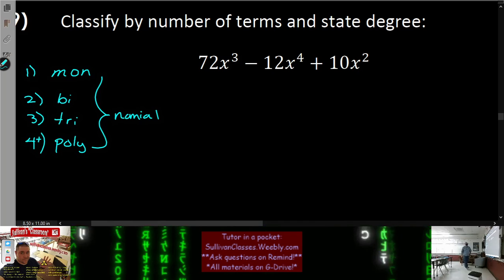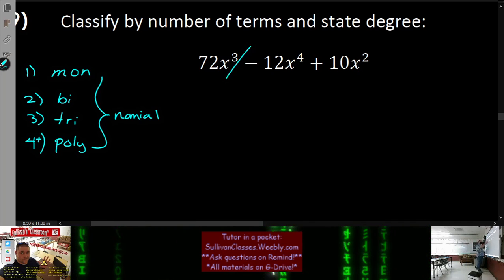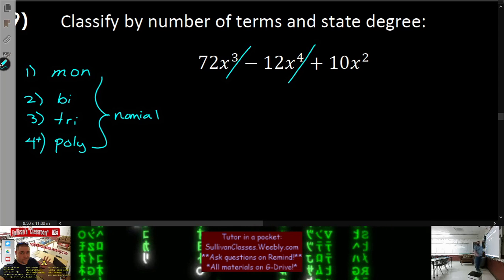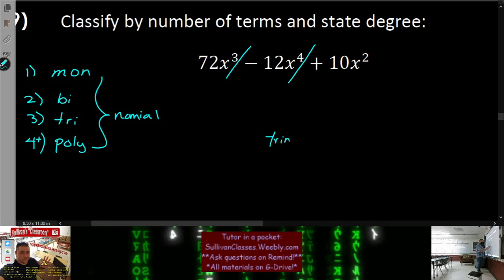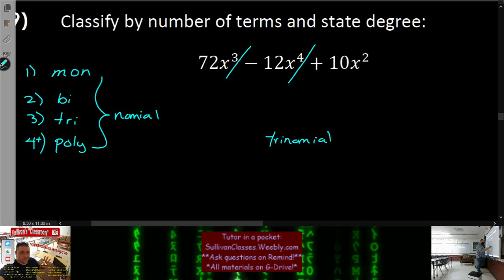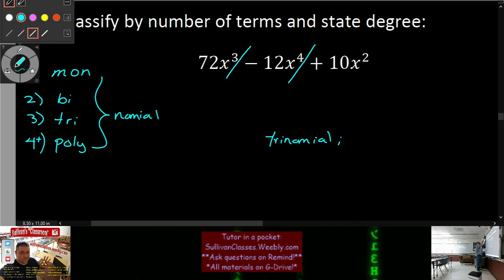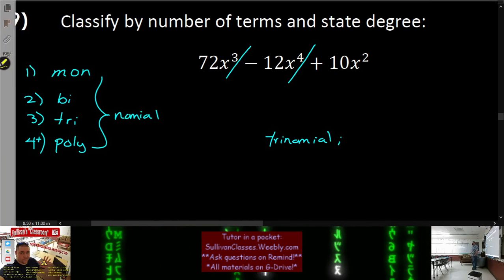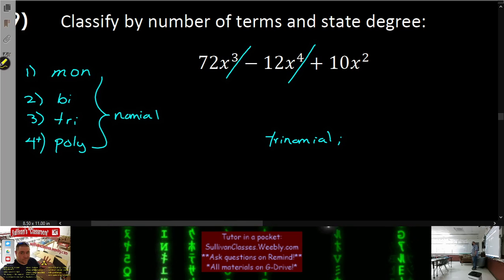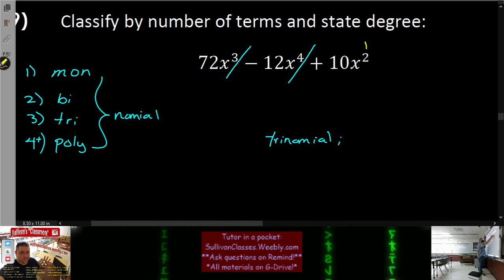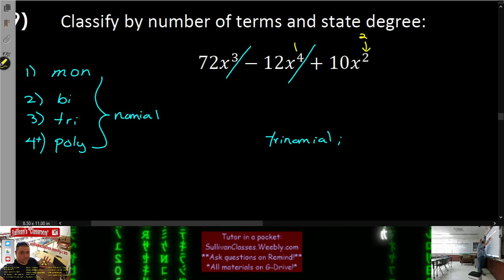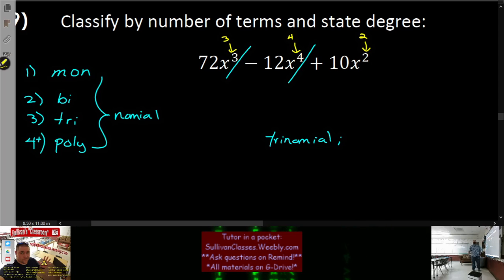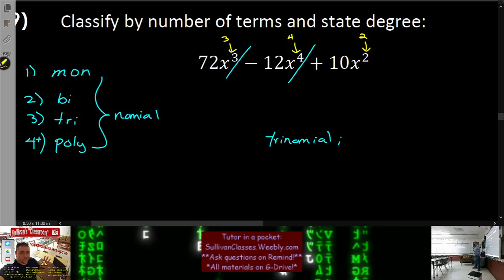Terms are anything that's split up by a plus or a minus. So since there's 3 terms up there, I'll say it's a trinomial. But the second part, state its degree. Its degree, we look at the exponents. This has an exponent of 2. This has an exponent of 4. This has an exponent of 3. The degree of the entire expression